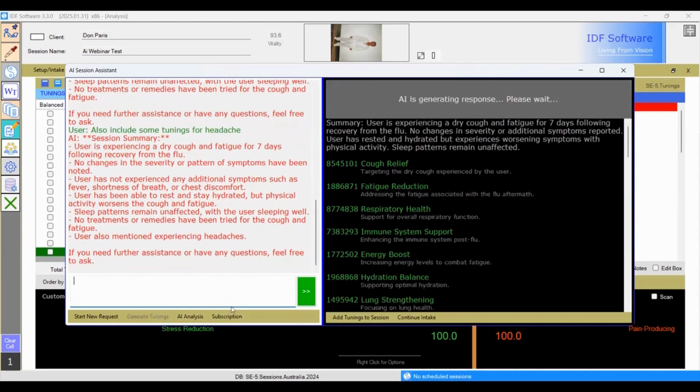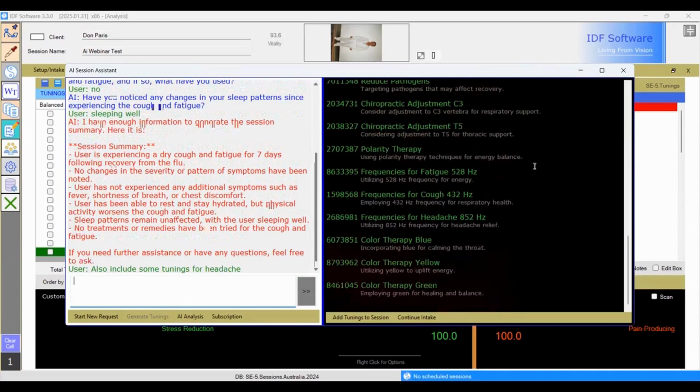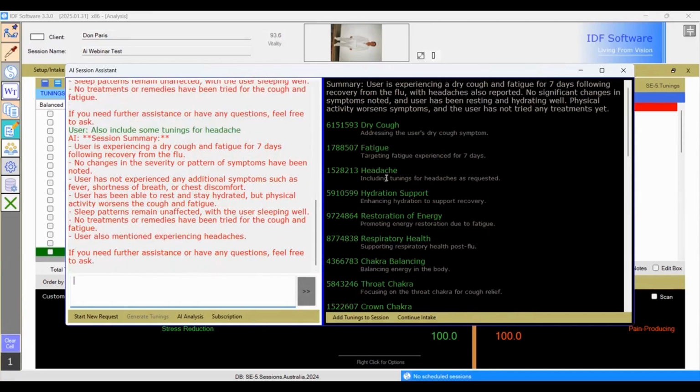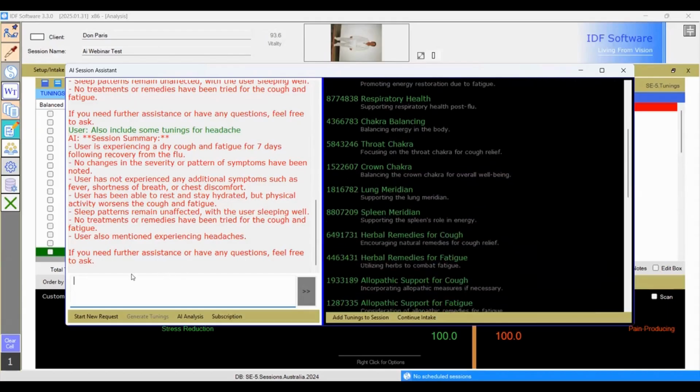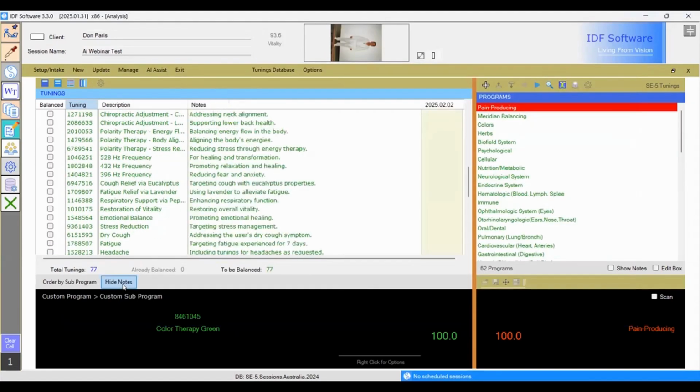So now we can generate tunings again, and then it'll add on what you asked it for and come up with some other things that are related, which is nice. So I know that when I did this for myself, I had headaches, and it added in some tunings there to eliminate the headache. Okay. And basically just update. But you can add in other things of what you want. And then you can add that to the session and you close it. And then you've got all these tunings in here. And like I said, if you want to show the notes, which is very helpful,